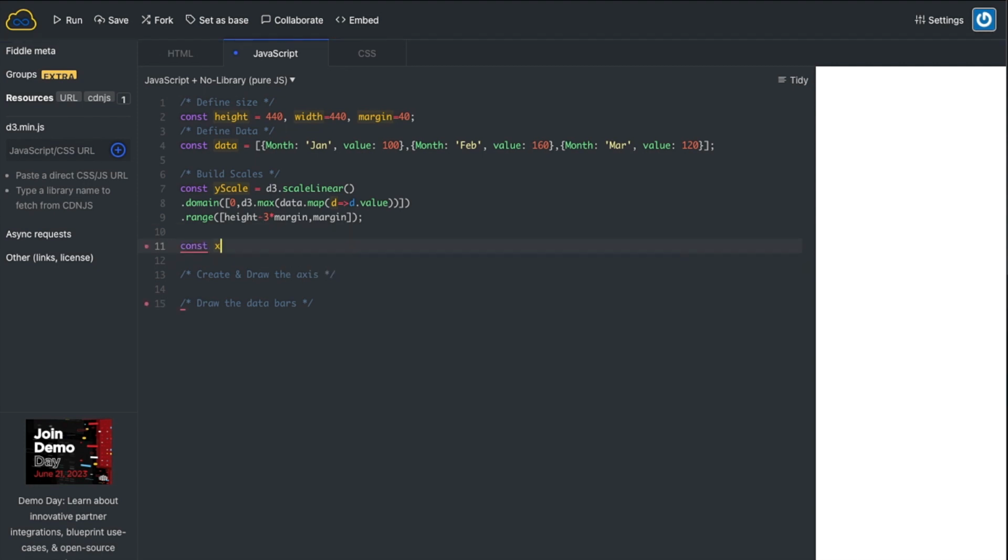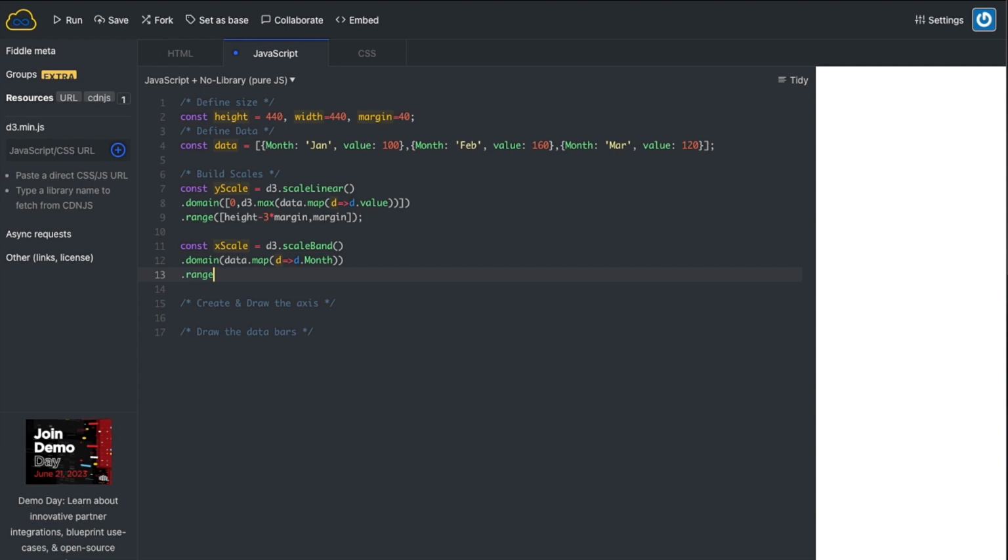Similarly, you'll define the X scale. Now we are going to use a slightly different function here. We're going to use scale band because this is a set of values we've got. We haven't got numerical values. So again, it takes in similar sort of arguments here. We're going to use all three data values. So simply pass the map function, and then we do a d dot month in there,